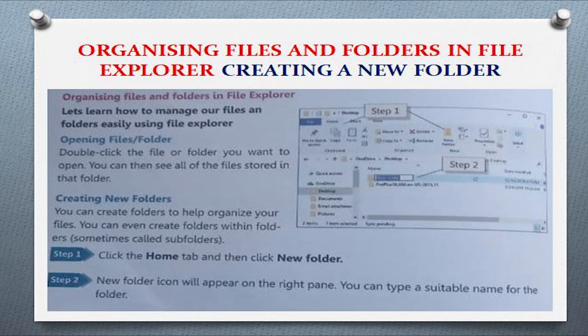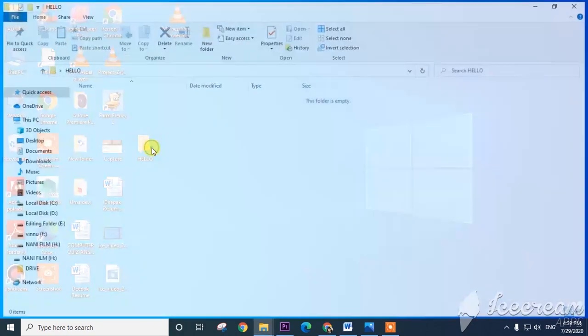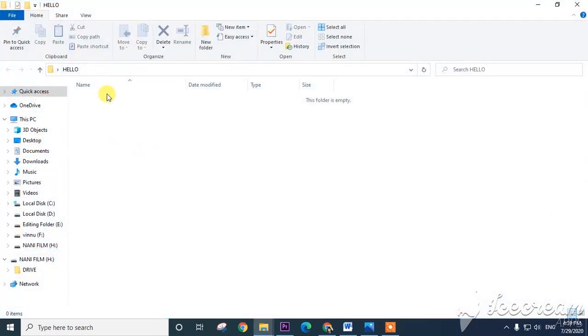Step 1, click on the Home tab, then click on New folder. Step 2, a new folder icon will appear in the right pane. You can type a suitable name for the folder. Let us have a look. See here how to open files and folders. Just double click, and the folder will open. How to create a new folder?